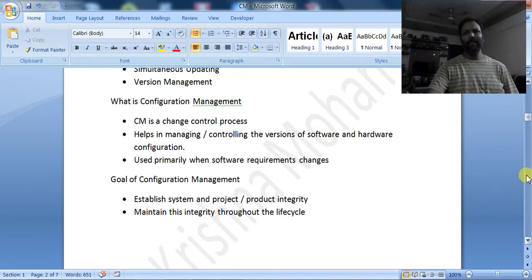You know that whenever any new release is done in the market, suppose Java as a project is released, it will have some versions: Java 3.0, Java 4.0. That is the versioning, and that versioning is a part of configuration management.